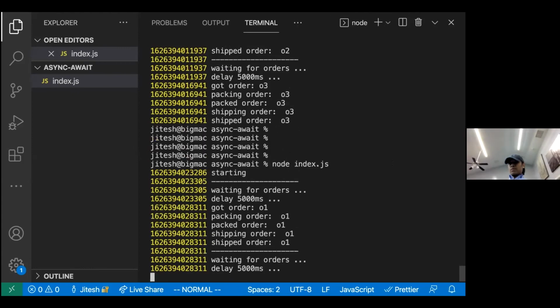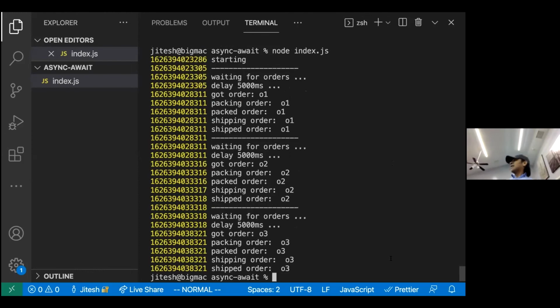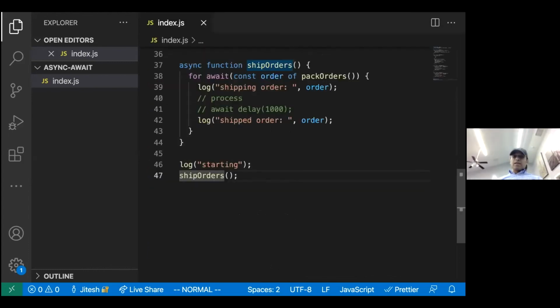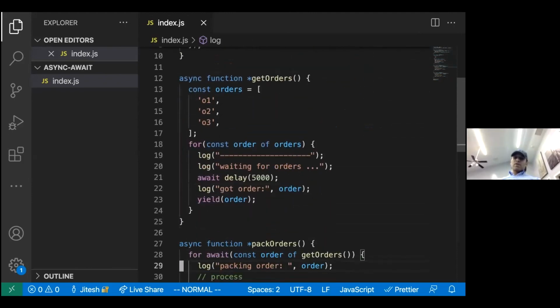Okay, there it is. Yeah, it's doing what I thought it should do, which is every 5 seconds an order appears, and then it gets packed and shipped immediately. So that problem, I don't know why it was there earlier and now it's not there. I have no idea, but there is a different problem that I couldn't fully understand, what is happening and why is it happening, which is, why does